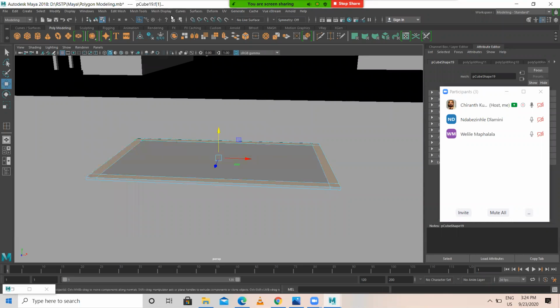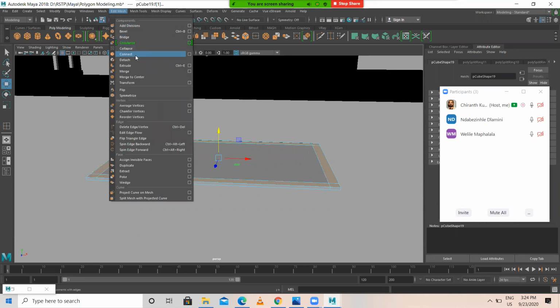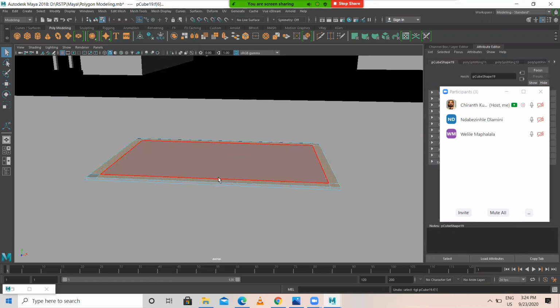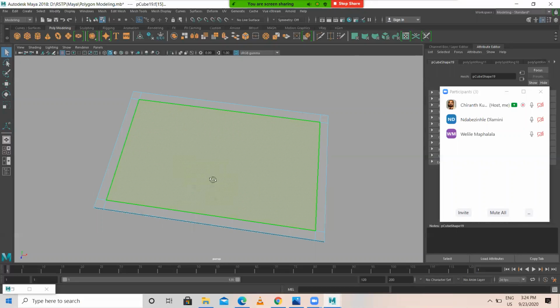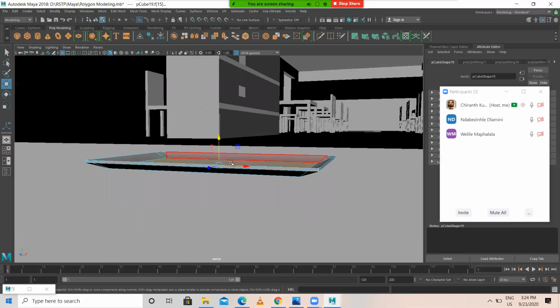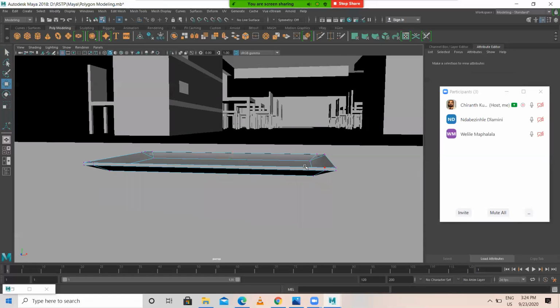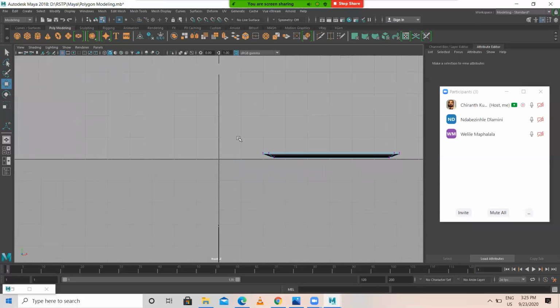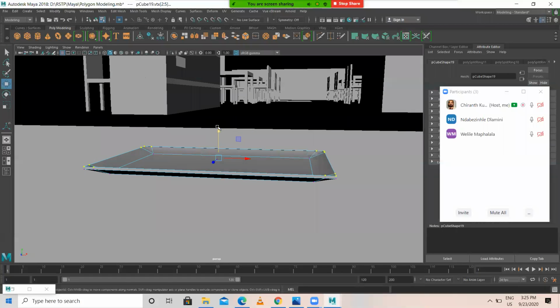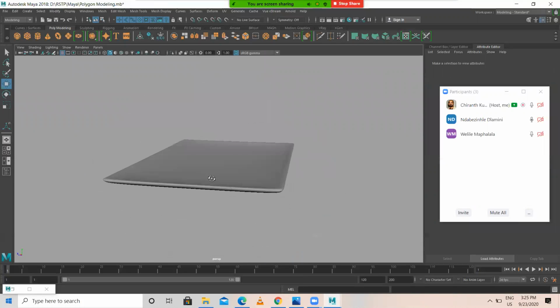there are so many shortcuts. I'll show you shortcuts in the meanwhile. Extrude, I'm extruding, not this one. This is fine. Okay, like this.